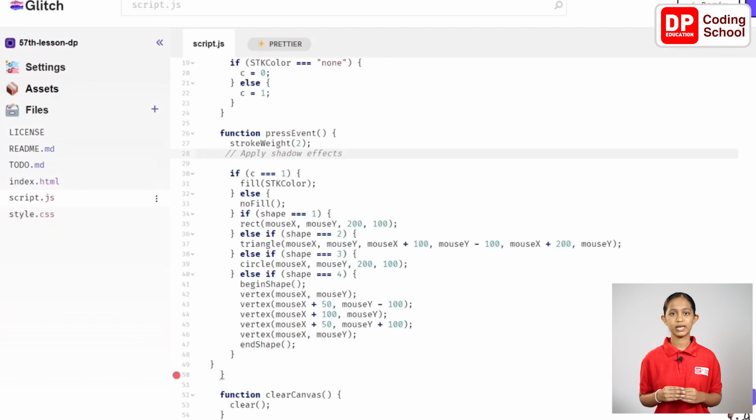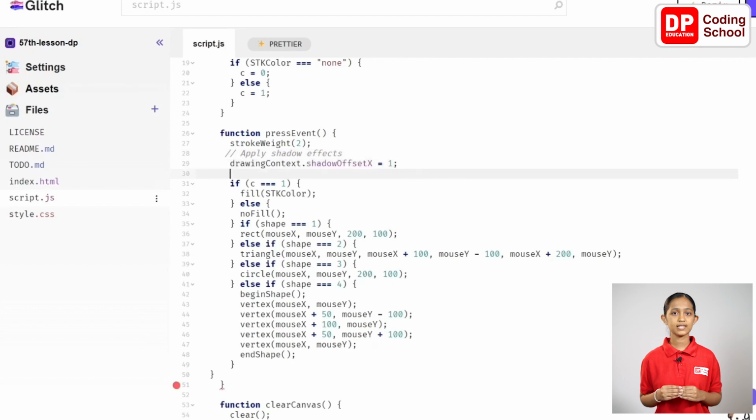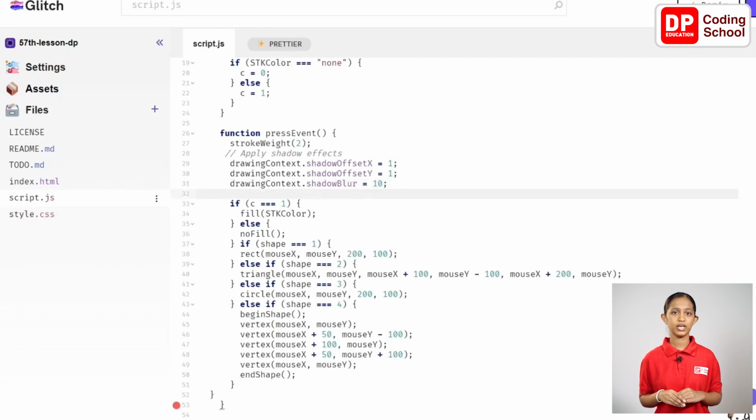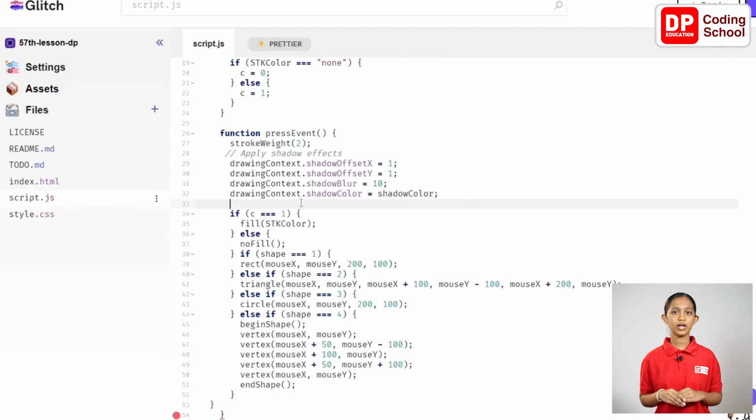I will put a comment in the 28th line and from the 29th line downwards I will create the effects I mentioned and give them values. drawingContext.shadowOffsetX = 1; drawingContext.shadowOffsetY = 1; drawingContext.shadowBlur = 10; drawingContext.shadowColor = shadowColor;